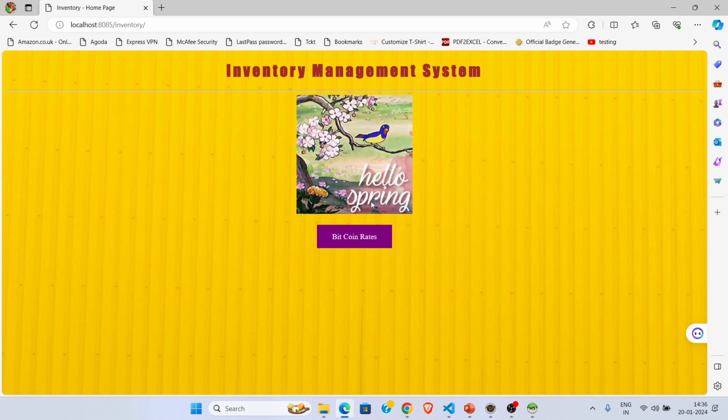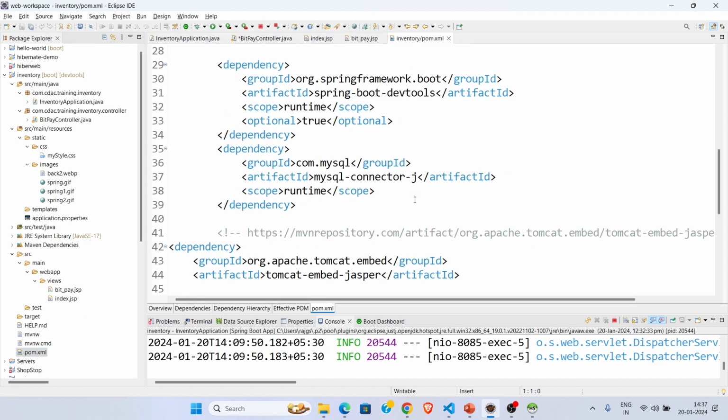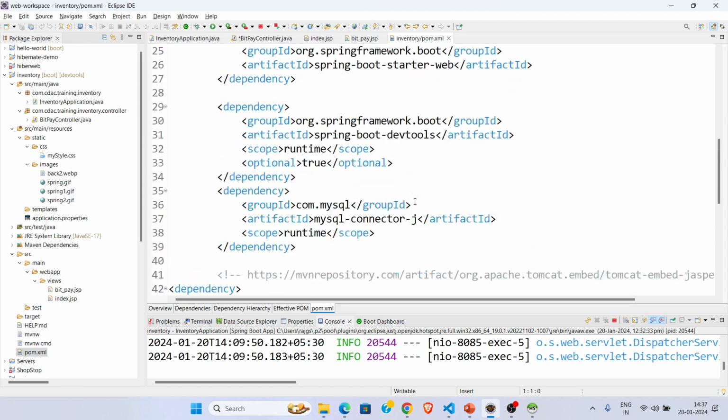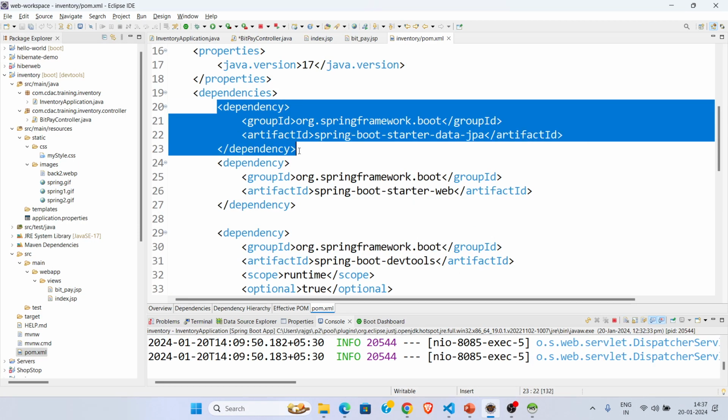I will try to perform the interaction with the database. For that we'll be using Spring Data JPA. So just to recap, previously we added in the pom.xml the Spring Boot starter data JPA,